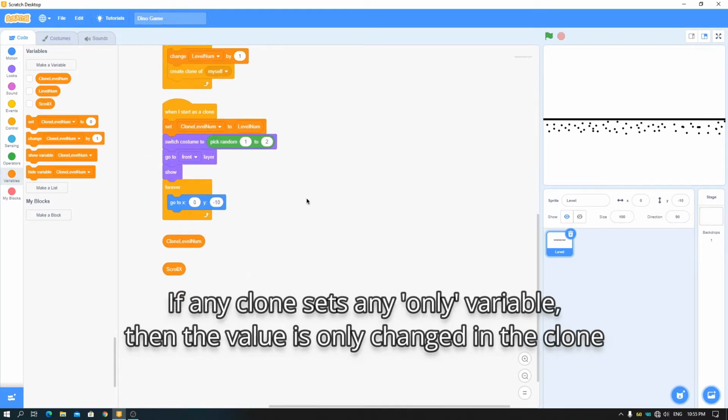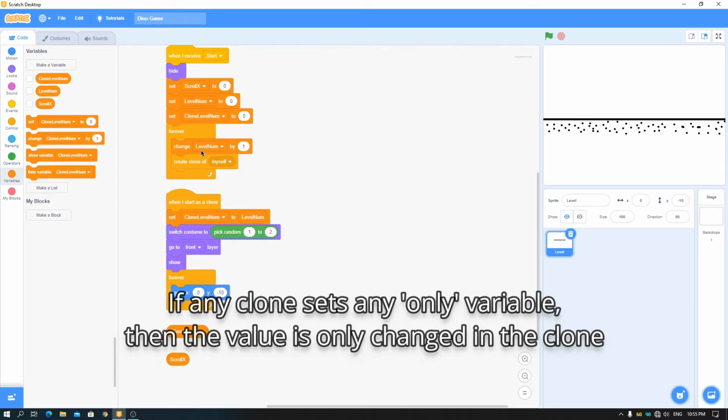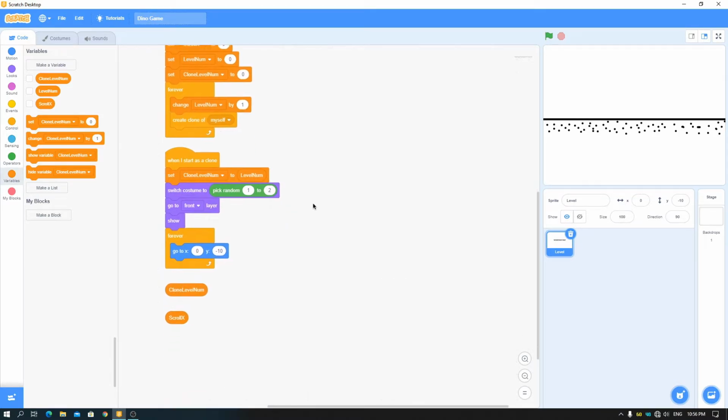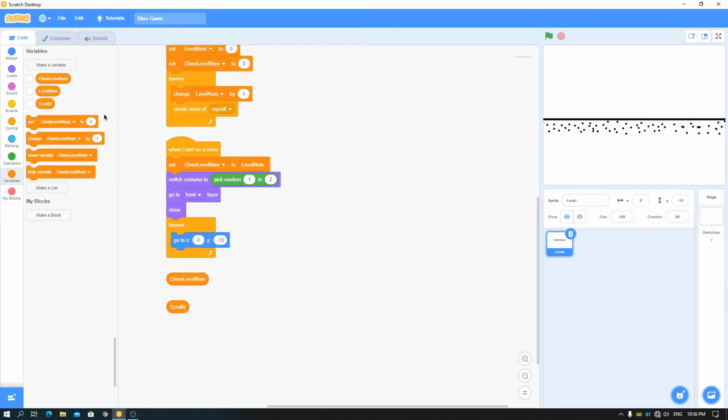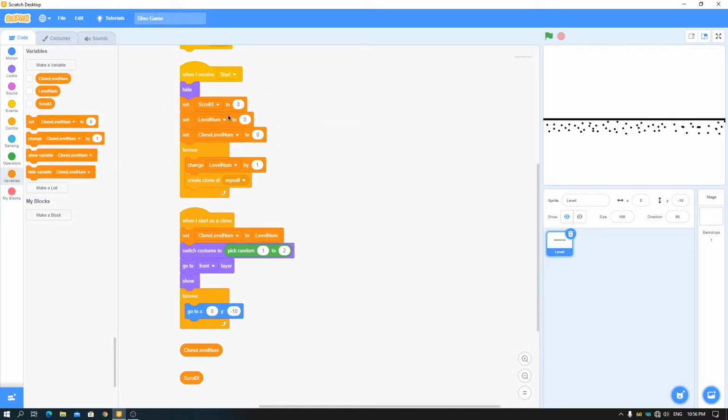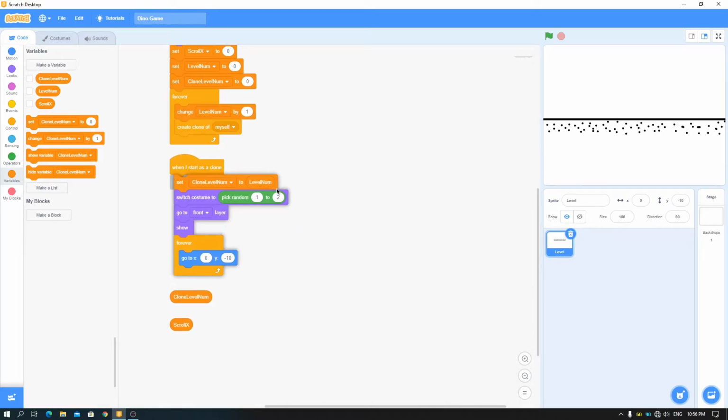So this will catch the value of this, as it will be increasing every second. It will just take its value as it is made, and this will make this variable assigned to this clone. So if it changes in the sprite, like if I set it to 5, it won't matter here.